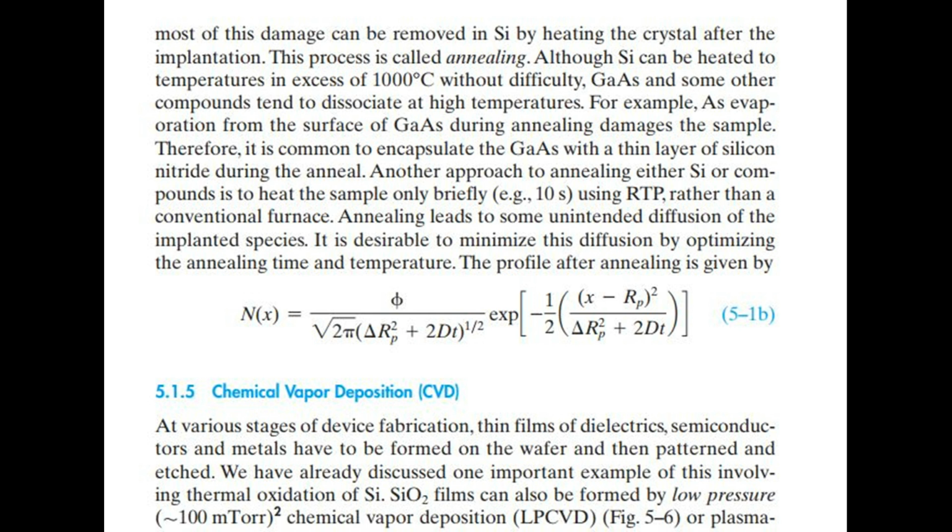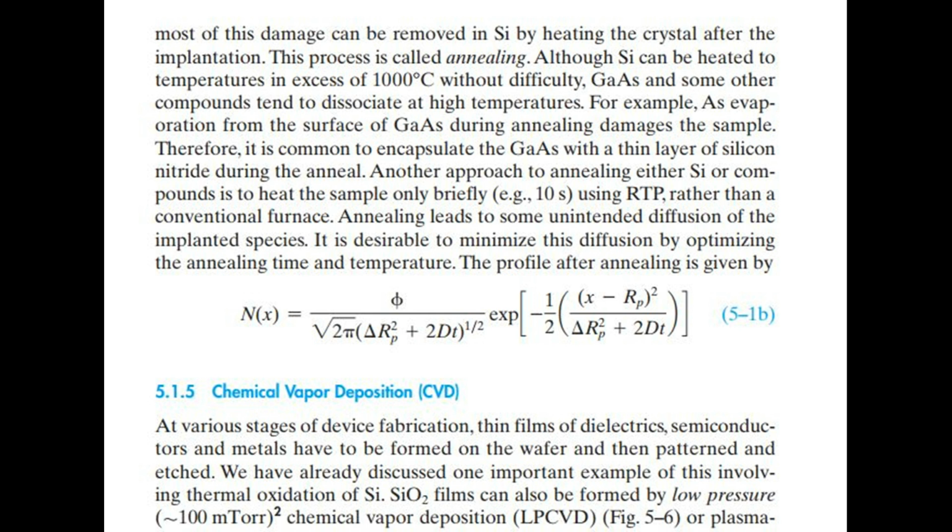Annealing leads to some unintended diffusion of the implanted species. It is desirable to minimize this diffusion by optimizing the annealing time and temperature. The profile after annealing is given by